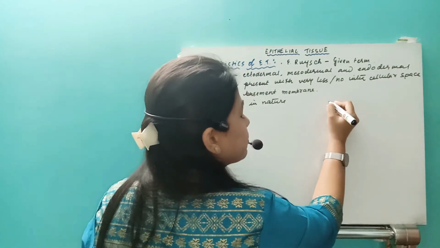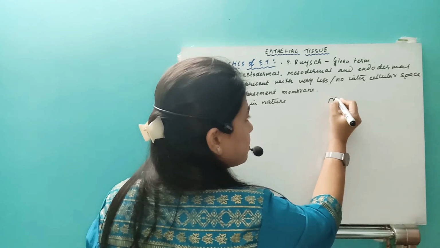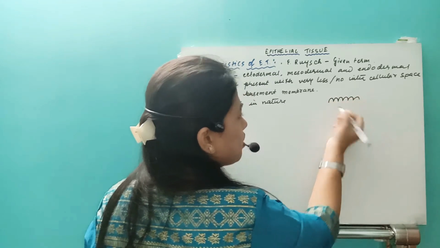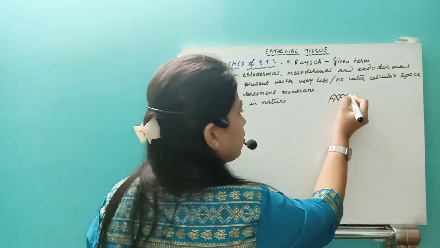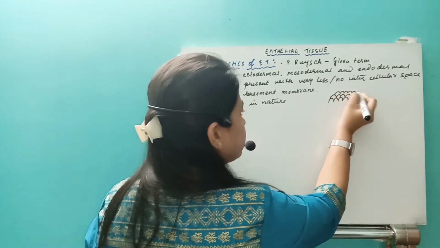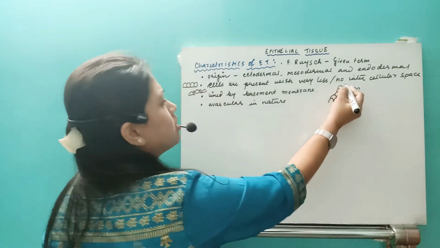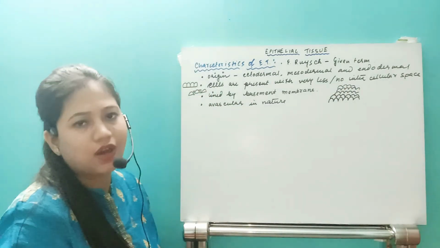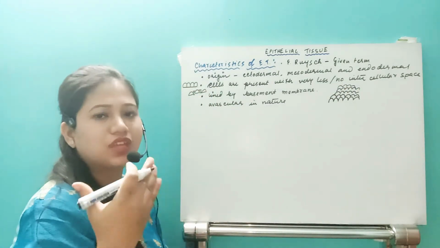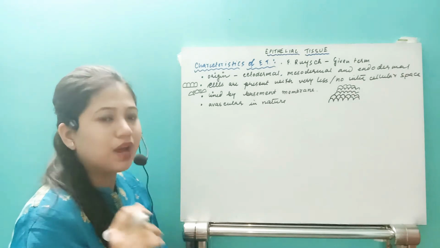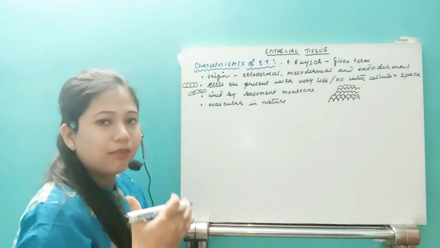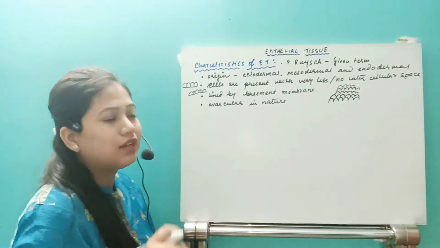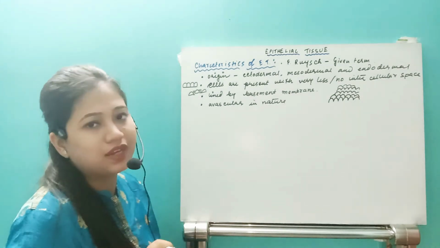Okay, so I can show you this difference here. Suppose this is the epithelial tissue. I'm drawing more than one layer. The epithelial tissue lining can be more than one layer. It can be 50 layers, it can be even more. But as you go above, the amount of nutrients received by the lining of the tissues will be very much less.